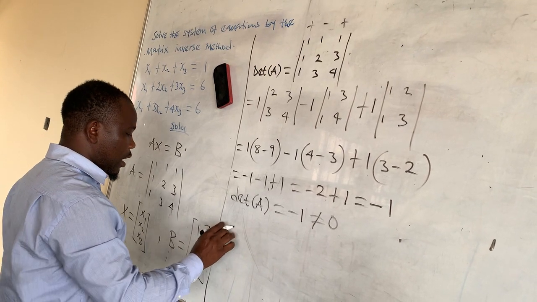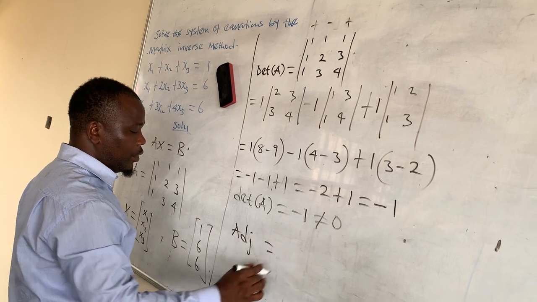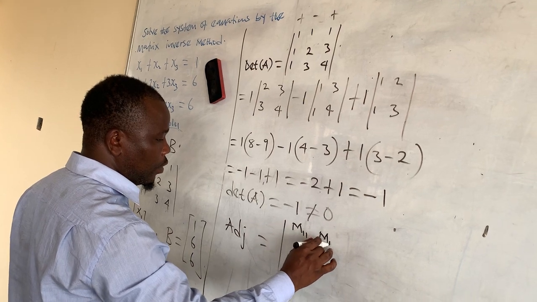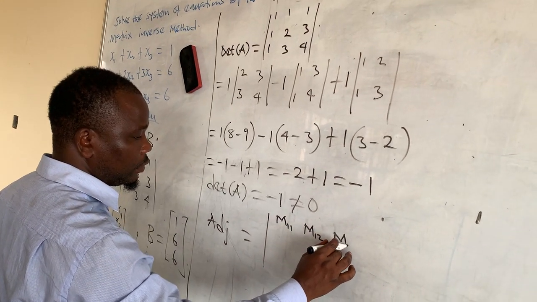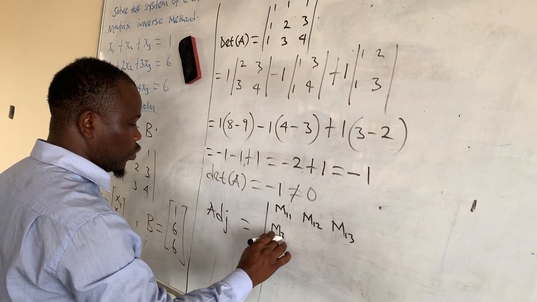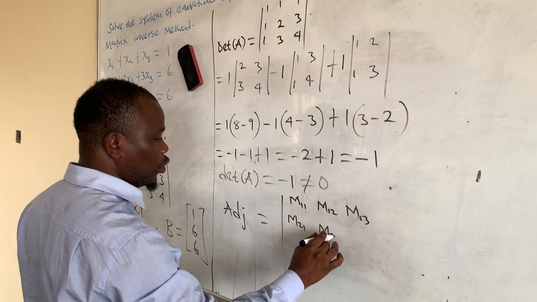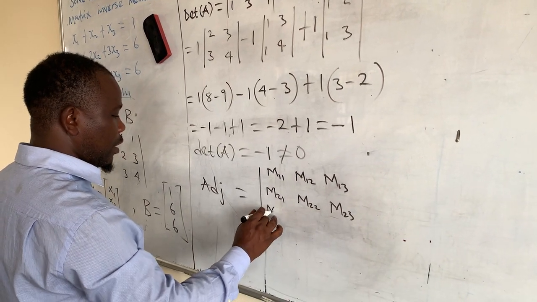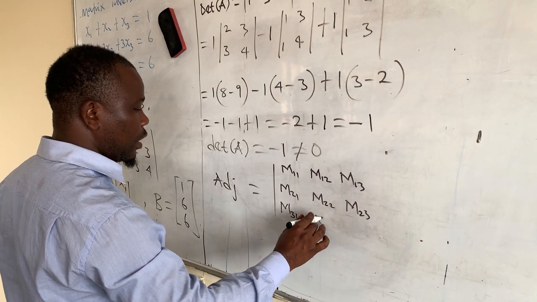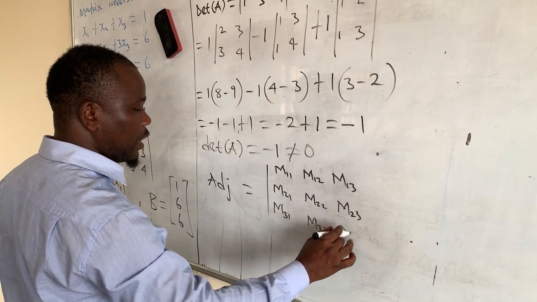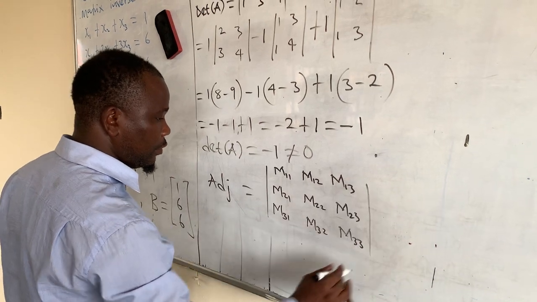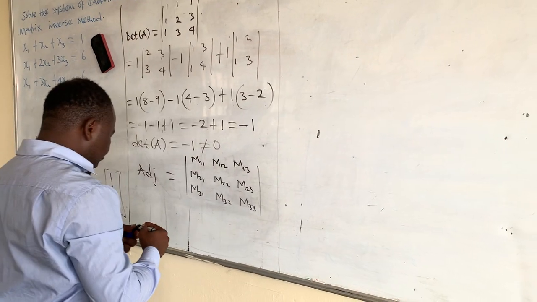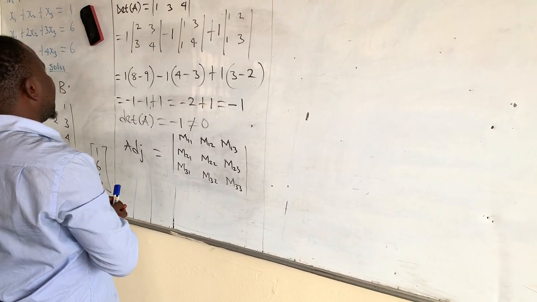Our adjoint will be equal to the matrix of M11, M12, M13, M21, M22, M23, M31, M32, M33. Okay? So if you agree with me, it implies that